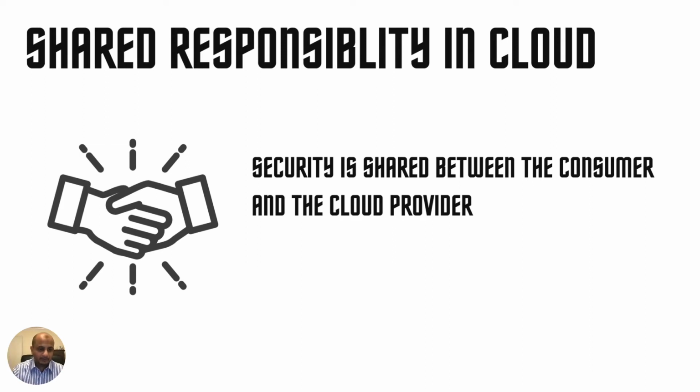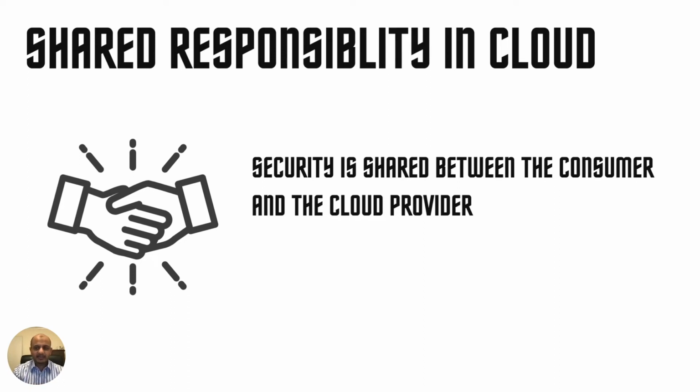A lot of companies I've seen make a mistake. They either go to one extreme. Either they say, okay, now security is no longer my responsibility. I don't have to do anything. Everything Amazon or Microsoft or Google will do. No, that's not correct. You still have to do a lot of stuff and you still have a responsibility. Or they go to the other extreme. They say, no, I'm going to double check everything. I'm going to go into the Google data center or the Microsoft data center and audit them. No, they're not going to allow you to do that anyway. So they are different responsibilities.